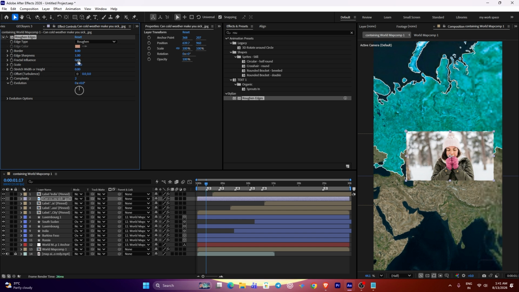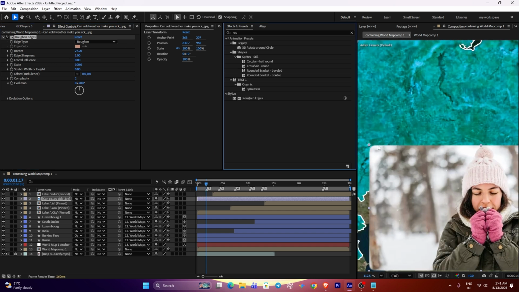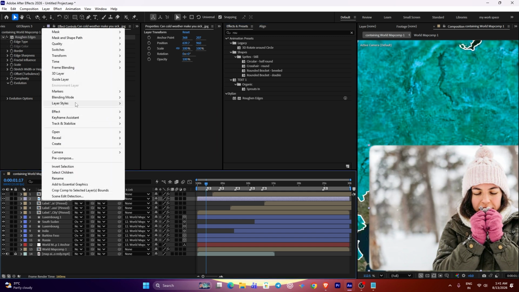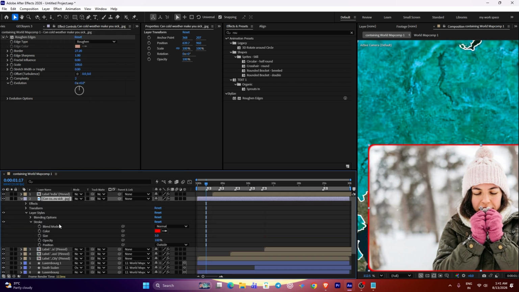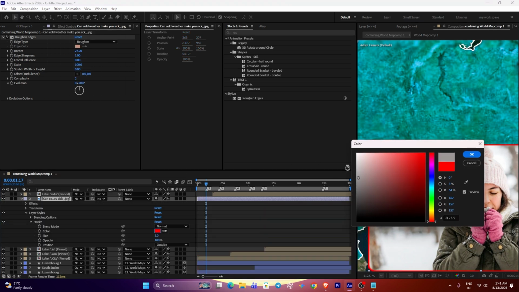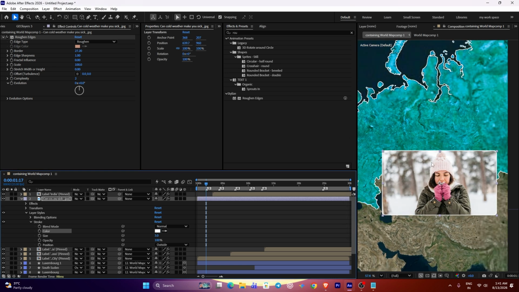Okay, I can't speak more in English, just copy. And the roundness will be, you see this roundness. Okay, I also want to add a stroke, so just click this button and layer stroke, and I want to create a white stroke, so click on this, and okay, now see this stroke.